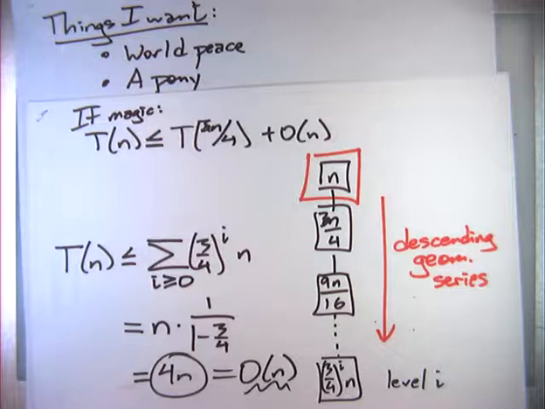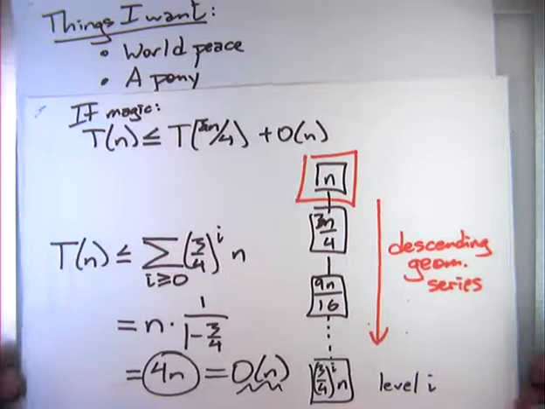Okay, so far we've seen two cases of the recursion tree technique. One, every level is the same. Two, the level sums get smaller by a constant factor. You have a descending geometric series. Later we'll see the third case where it goes up. It's an ascending geometric series, and then all the action is going to happen at the leaves. We'll get there, but not just yet.